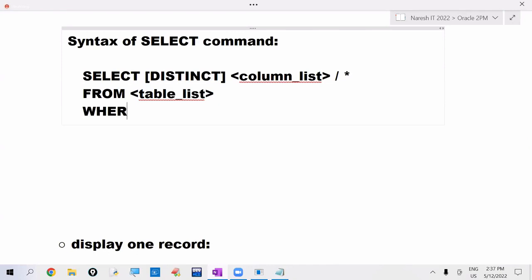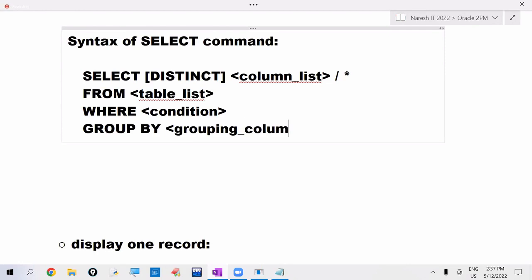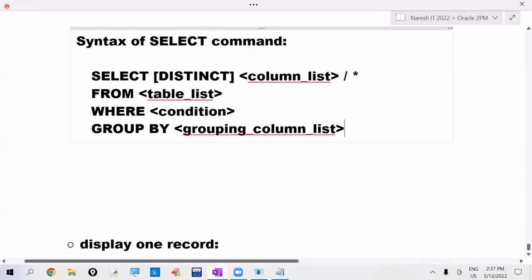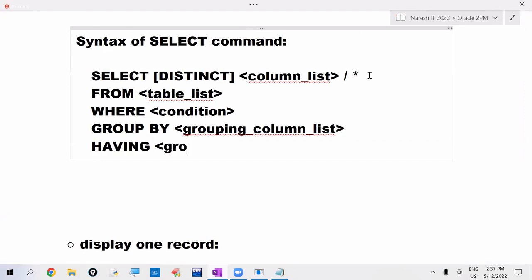After this, we write where. After where, we write the condition. Then we write group by. Here we write the grouping column list. Grouping column list we specify here, according to which column we want to group the records. This grouping column list we specify in the group by. After this, we write having. In the having, we write the condition. This condition will be applied on